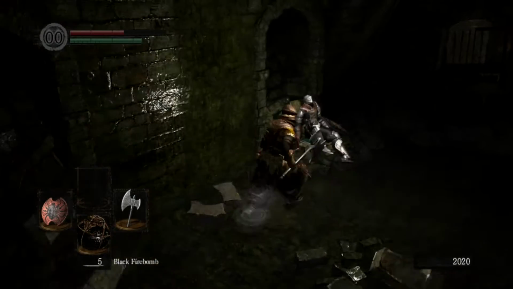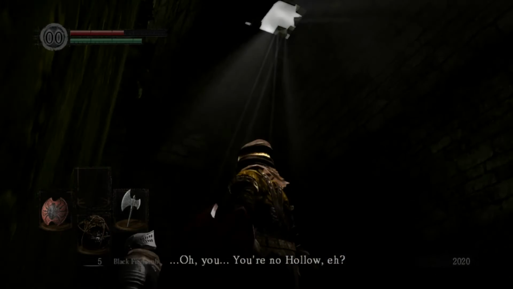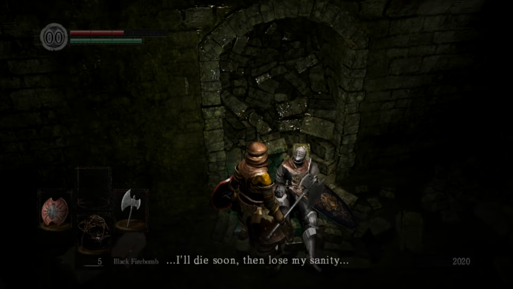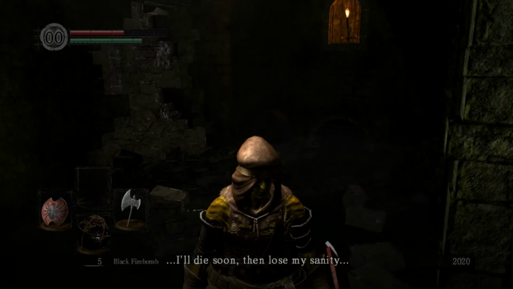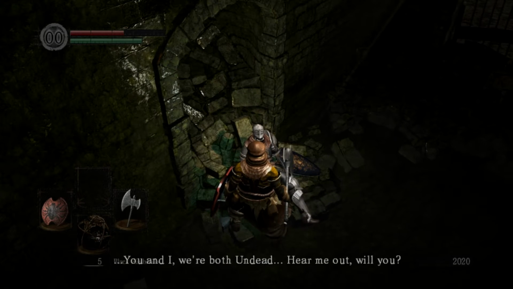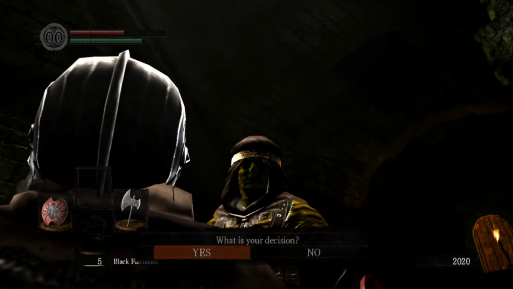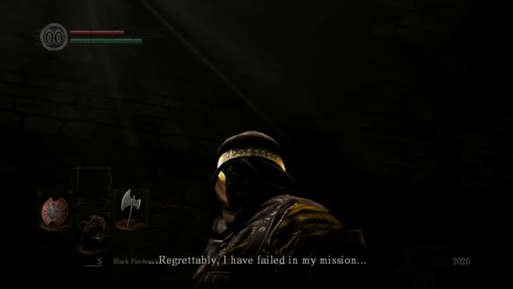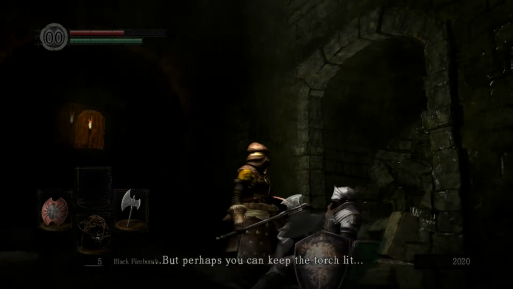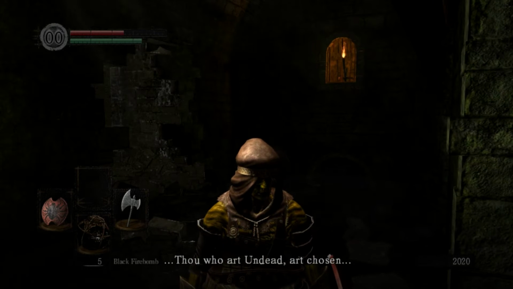There we go. Oh, now, how did you get in here? You're now hollow. I wonder. Thank goodness. I'm done for, I'm afraid. I'll die soon, then lose my sanity. I wish to ask something of you. Hmm? You and I are both undead. Hear me out, will you? I fail to see how you... Regrettably, I assume I'm failed in my mission. But perhaps you can keep the torch lit. There is an old saying in my family. Thou who art undead and thou...